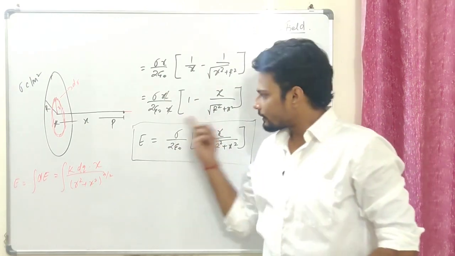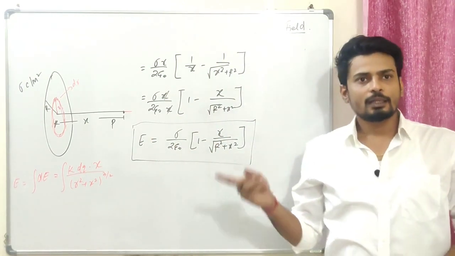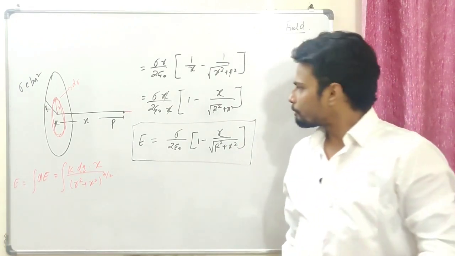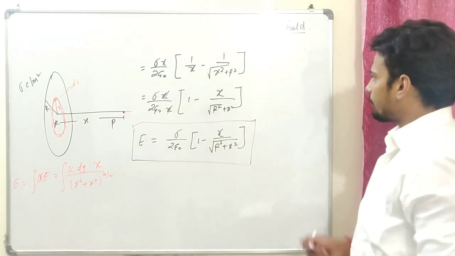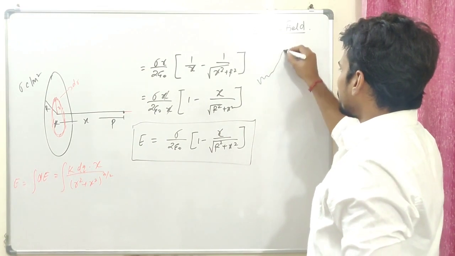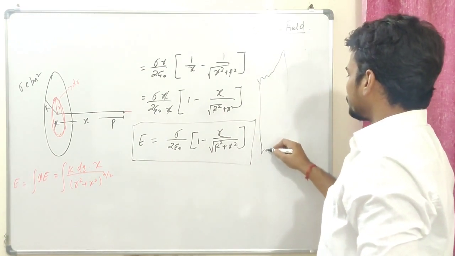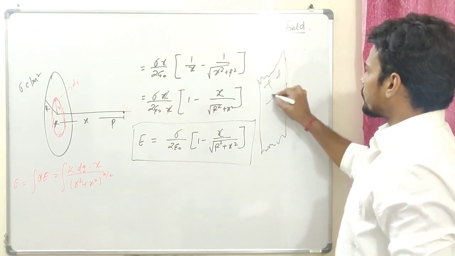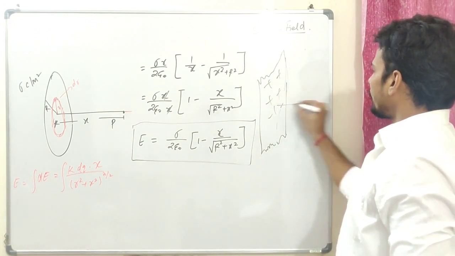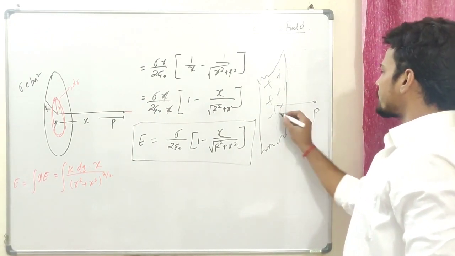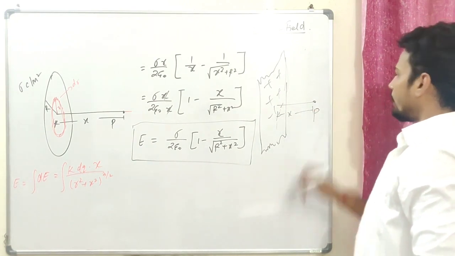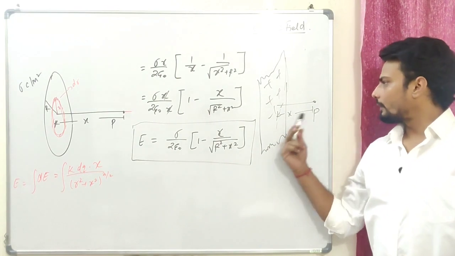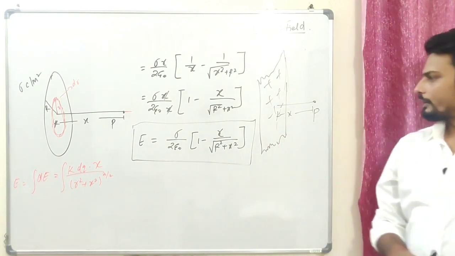So with this I can actually find the field because of an infinite sheet of charge. Well, let me do that. I'm sure in a lot of books you will find something like this. There will be a field, an infinite sheet like this, and they will ask you to find, let's say we have a positive charge over here and it is at a point P, at a distance of x from here. If someone asks you to find the field because of this infinite sheet at a point P, distance x from here, let's see what we do in that case.